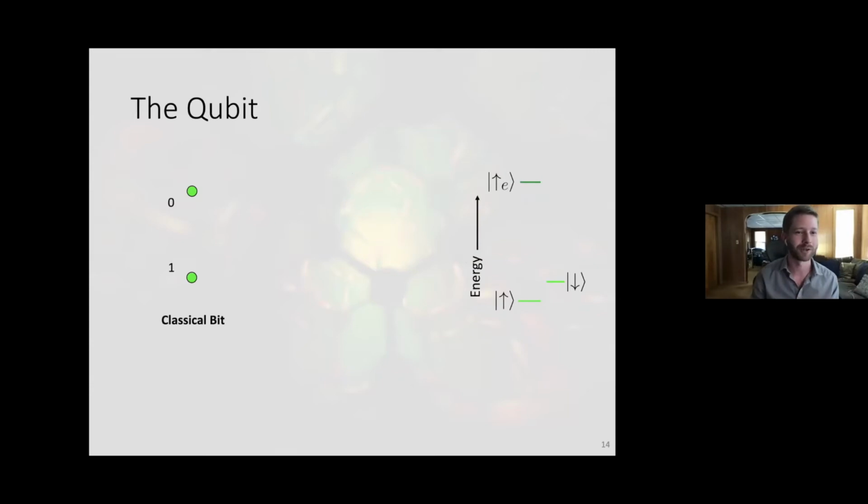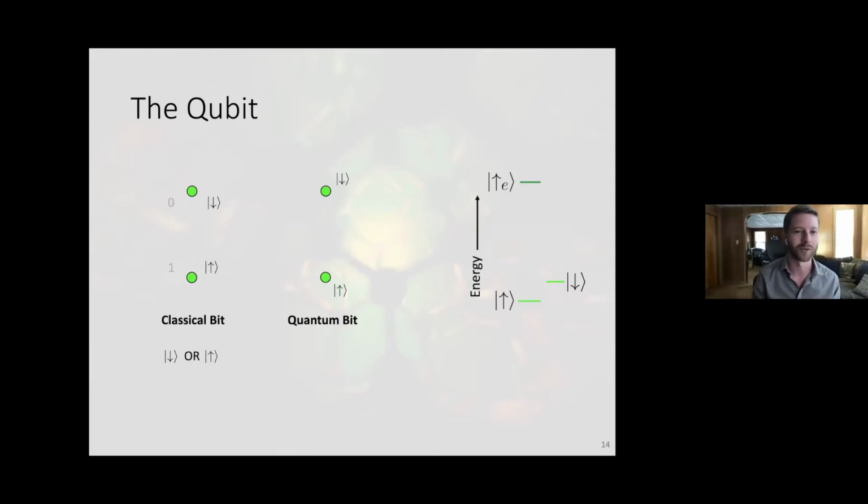So if we look at the qubit a little bit closer, we can start to compare it to a classical bit, which you might be more familiar with as 0s or 1s, the thing that all computers operate on. But at the end of the day, a 0 or 1 is just a label. So let's go ahead and relabel it down and up, similar to our quantum system. And the thing about a classical bit is that you can have spin down or up, not both. Whereas quantum mechanically, we get a little bit more freedom here.